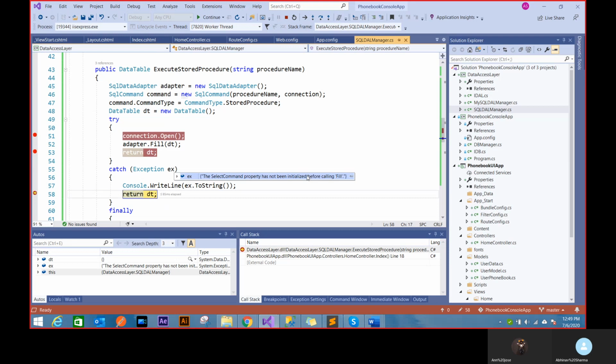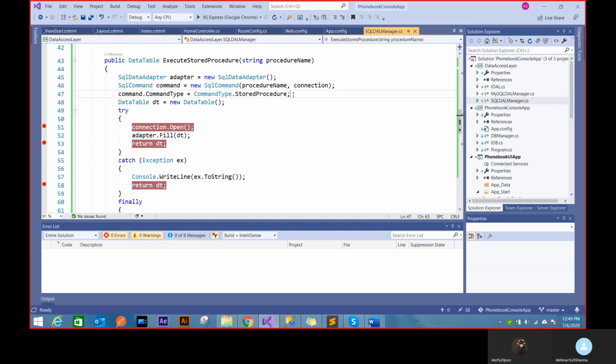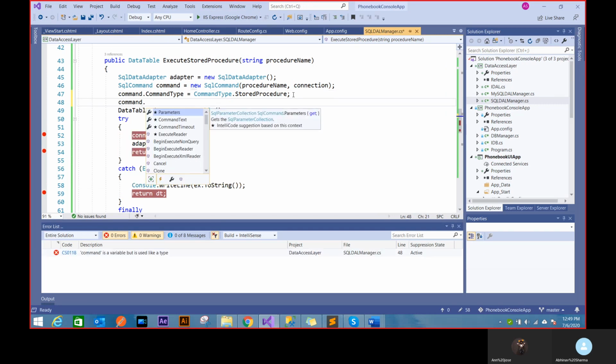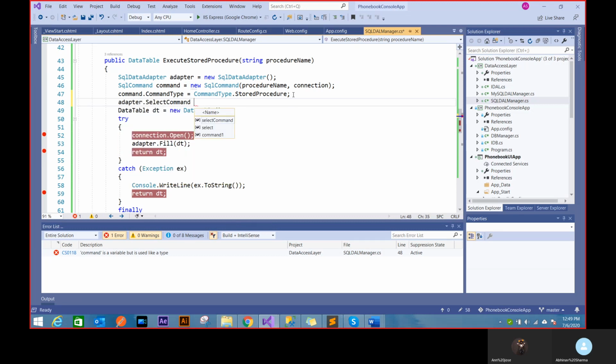Okay, see, now you understand. Oh, I'm missing a select command. Yes, I am missing a select command. Definitely, I'm missing a select command here. So even though your code is on the DLL side, you can debug it. And if you can debug it, then you'll eventually find your problem. So that means I have to write command, so connect the command.